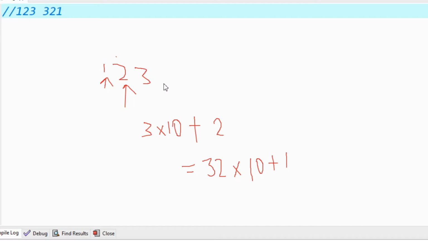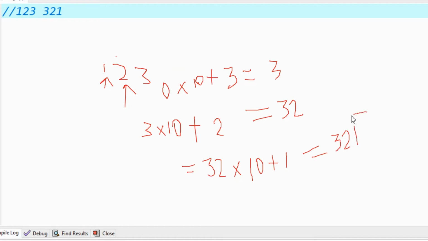Initially we will have 0, and then we will multiply it with 10, and we will add 3 to this. So the first value will be 3, the next value will be 32, and the last value will be 321. So this is the required value.